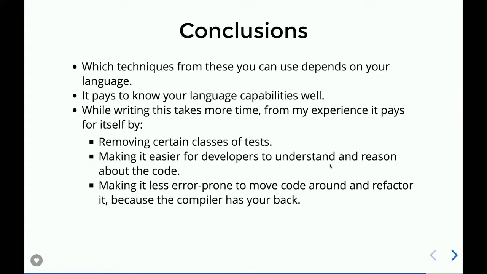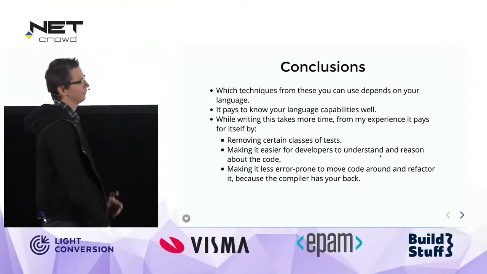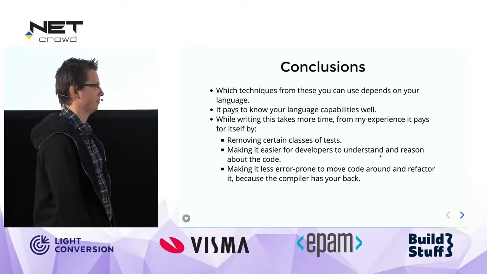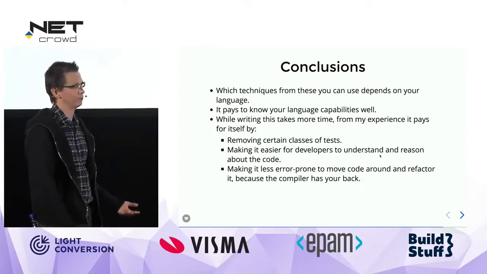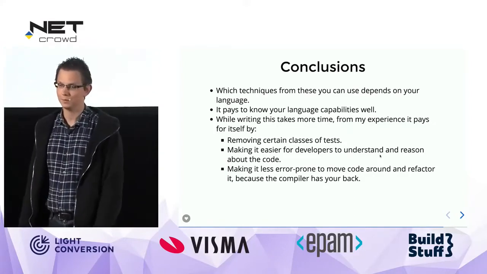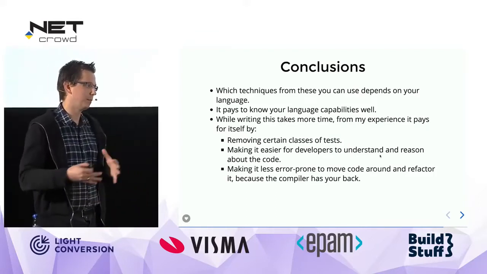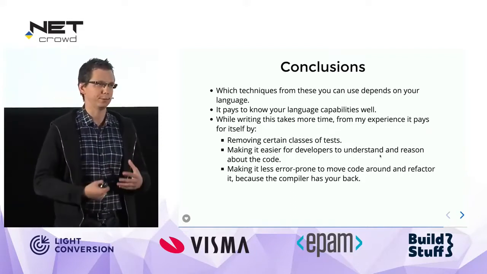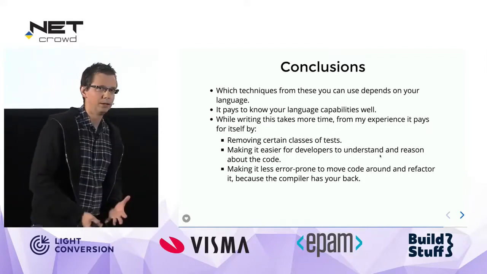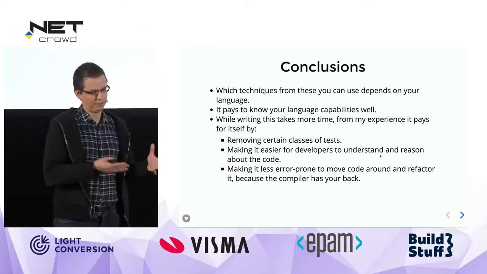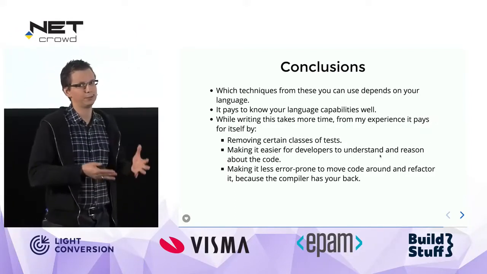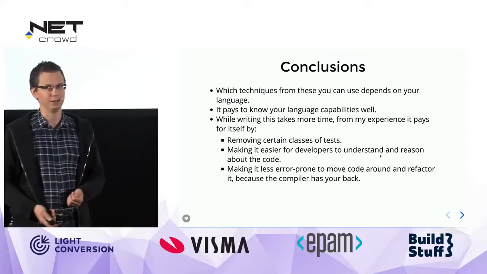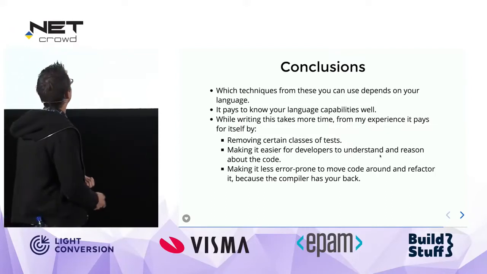So yeah, what are the conclusions from this? Basically what you can take from this and apply to your project depends on what kind of language you are using. If you're using a dynamic language, you're not going to apply any of this, but the more capabilities your language has, the more advanced type system it has, the more information you can encode into that type system. And instead of you writing tests to test for it, you can use the compiler to prove those things in the type system when it's compiling code. And then you can remove